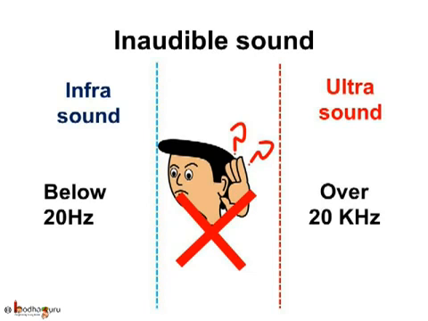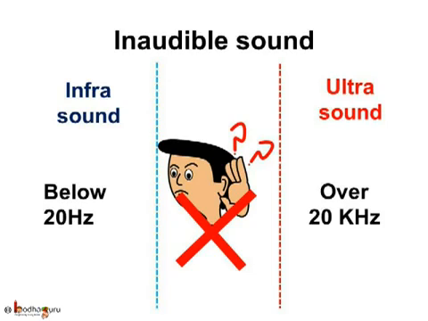Do you know why we cannot hear some sounds while other living things like a bat can? We cannot detect some sounds which have a frequency below the audible range of hearing, that is, less than 20 Hz, or above 20 kHz. It is said to be inaudible sound.